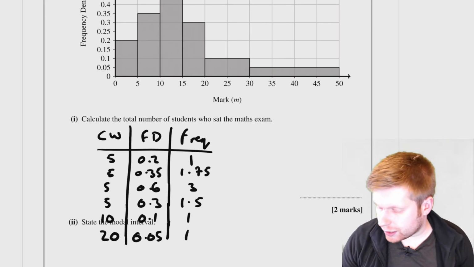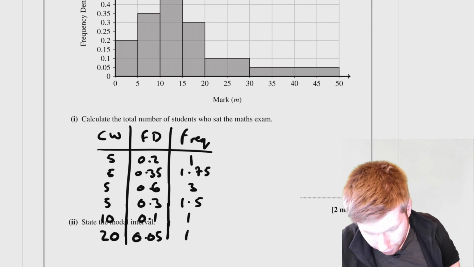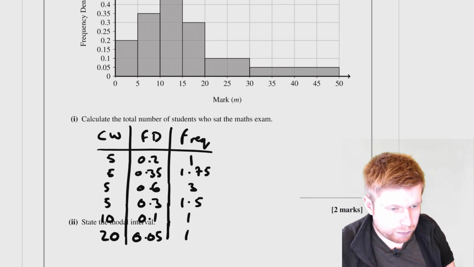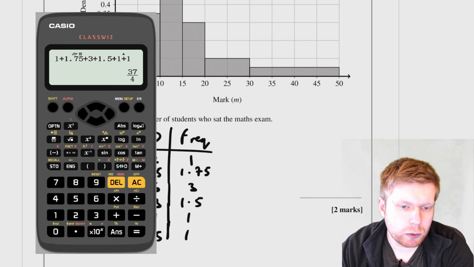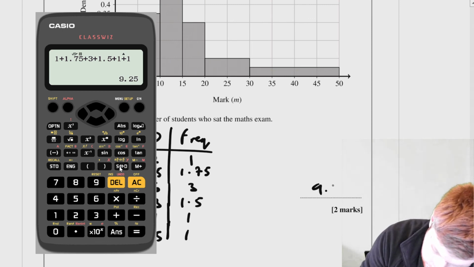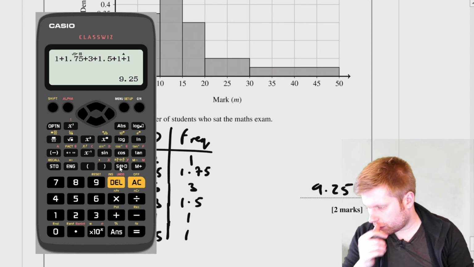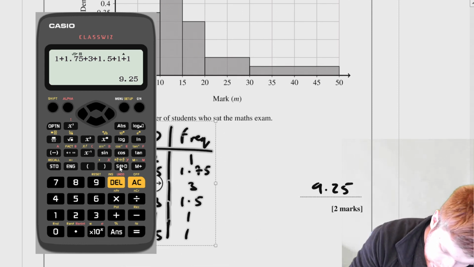So all I need to do now is just add all those frequencies together. So take 1 plus 1.75 plus 3 plus 1.5 plus 1. So if I type that in my calculator, hit equals, I get 9.25. Okay, so that'll be the solution there, 9.25. Okay. And then finally, if I just make this table a little bit smaller, just so we can see the